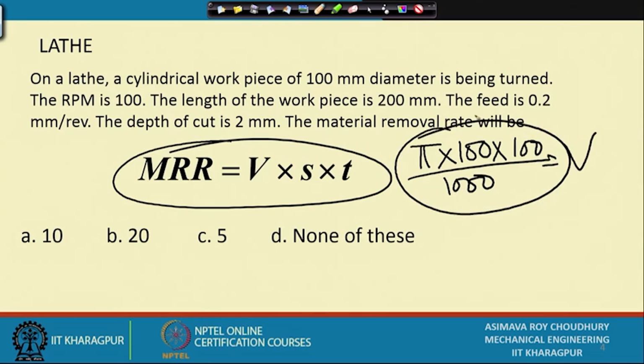So, V is known, feed is known, depth of cut is known. So, we can easily find it out. Okay. So, I am not working this out, I am sure you will be able to work this out. Next,